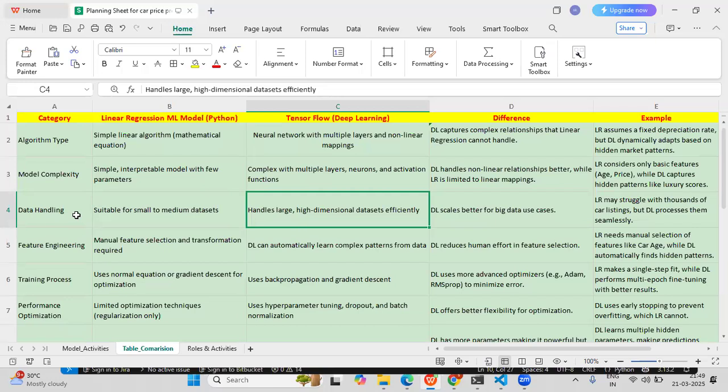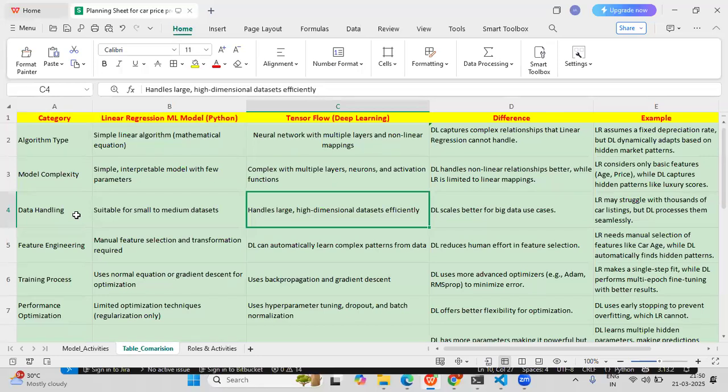It is very useful for handling large data sets efficiently. The difference is that deep learning scales better for big data use cases, whereas the linear regression ML model is suitable for small and medium data sets.